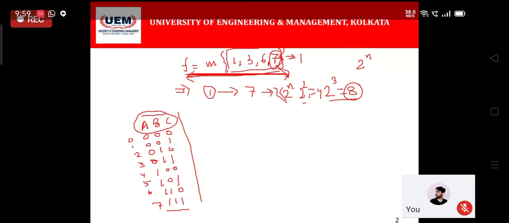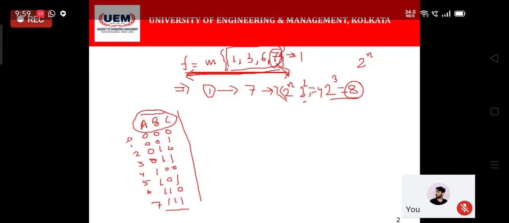Let me just hide this part. So ABC can be made to use the minterms starting from 0 to 7, and you can obviously see that the values 1, 3, 6 and 7 fall within those. So this is the value 1, then 3, then 6 and then 7. These 4 values have been given in our function, representing a value of 1. Except for those 4 minterms, all other values are 0.